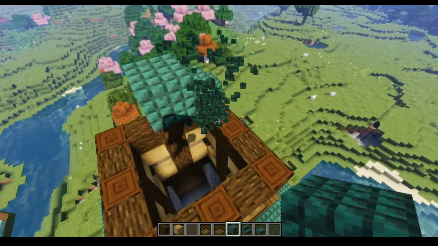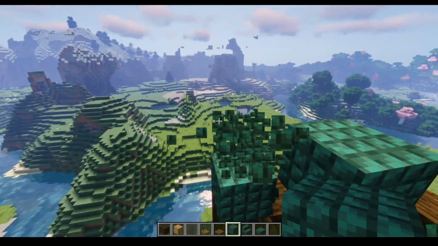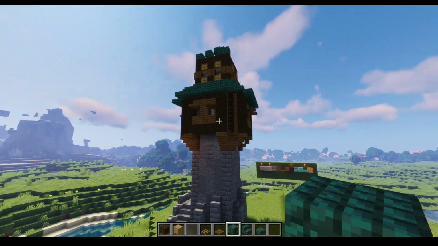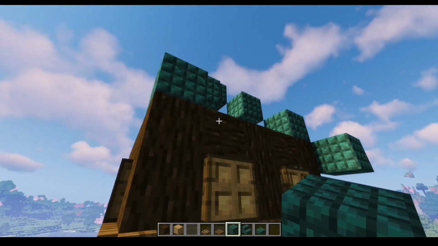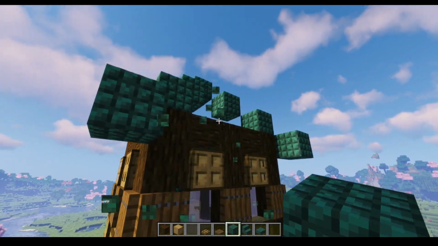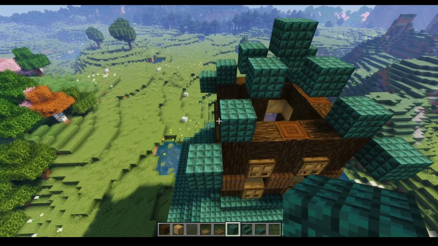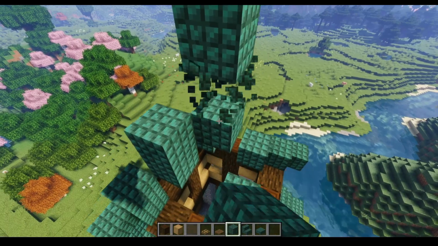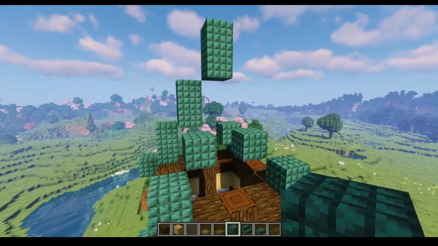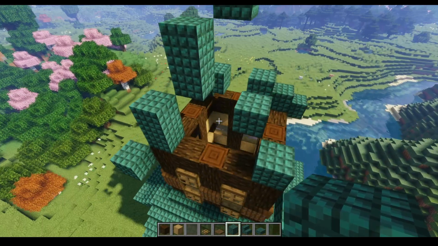Now we might have to go up 2 at a time to get this to look right, because that is probably going to be quite small. Get that one there and that one over there. Yeah, so you see what I mean? It looks a little bit too low, so we're probably going to have to double up on the height of these just to get the point to the right location, and I can already tell that that is going to be a hell of a lot better. So we need to raise all of this up